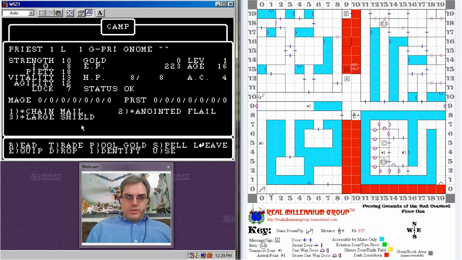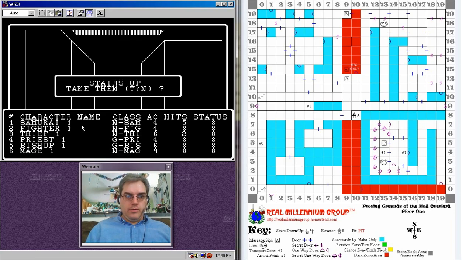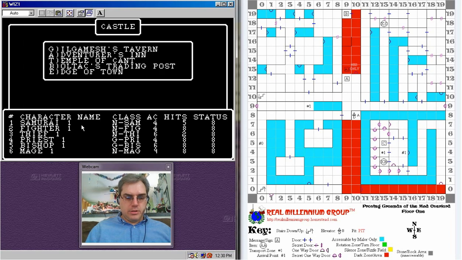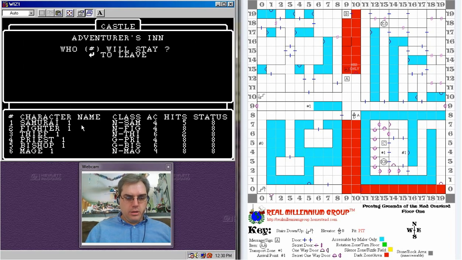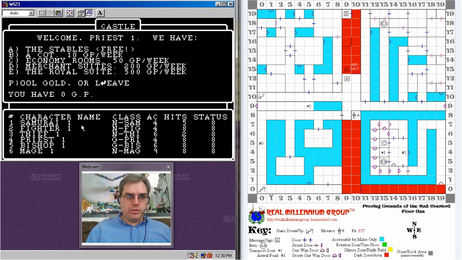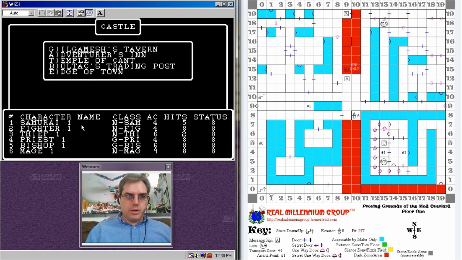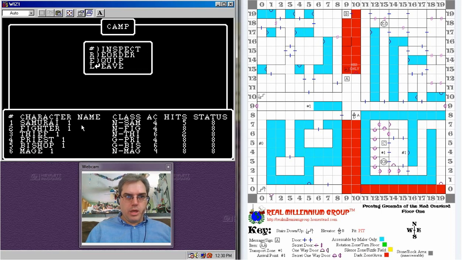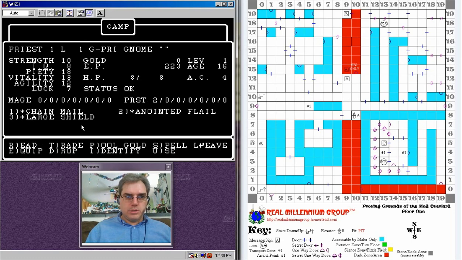So this is where some of the tedious grind comes in. Leave, stairs, take them up. Yes, Adventurers Inn. Priest will stay. He will stay at the stables. Go back. Edge of town. Maze. We will inspect our priest.